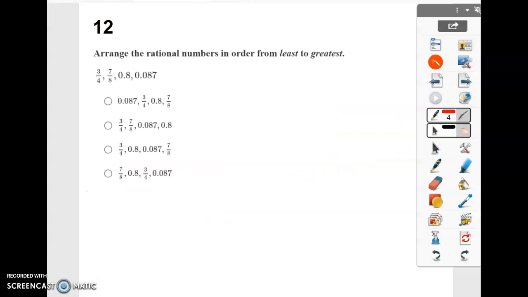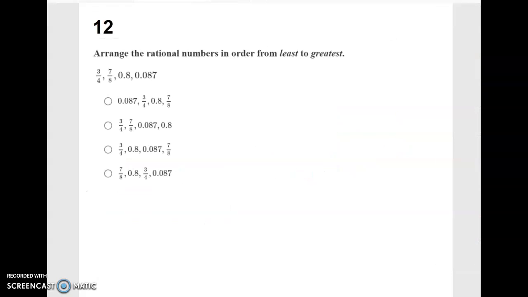Okay, last one for this video, then you'll have to access the next video. Arrange the rational numbers in order from least to greatest. For this one, you're going to need to use your calculator again. We have some fractions. You put them in as division. 3 divided by 4 is 0.75. 7 divided by 8 is 0.875. And once they're all in decimals, you should be able to order them just fine. If you put them vertically, they're easier